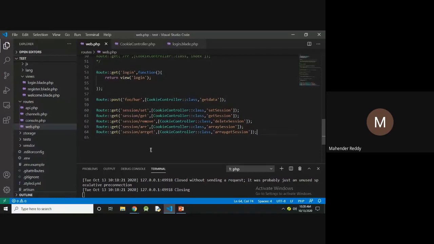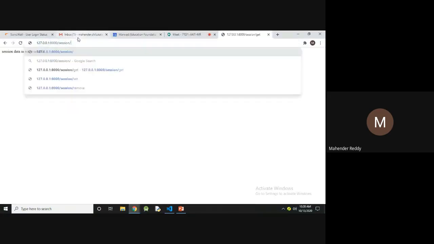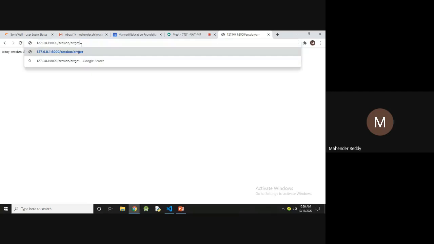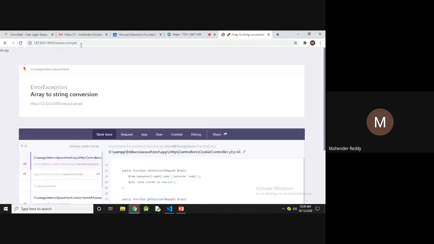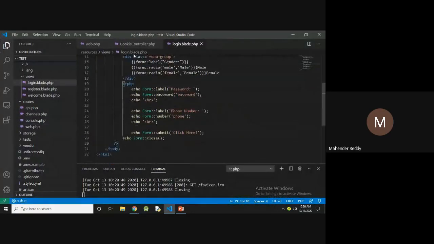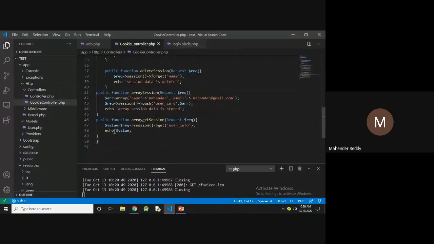So arr and arr-get. Array session data is stored, and arr-get array. For this we have to use the return method here.